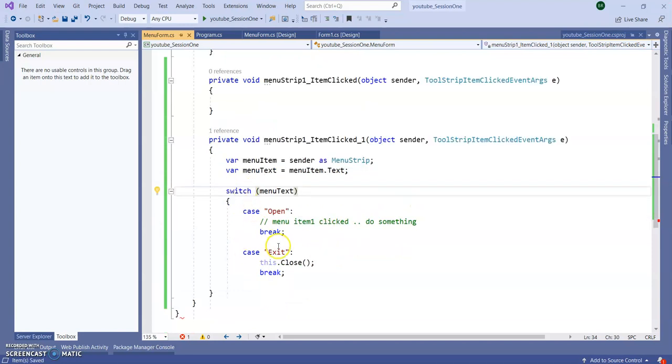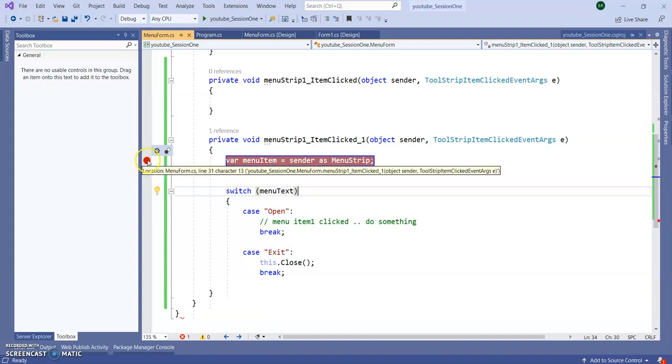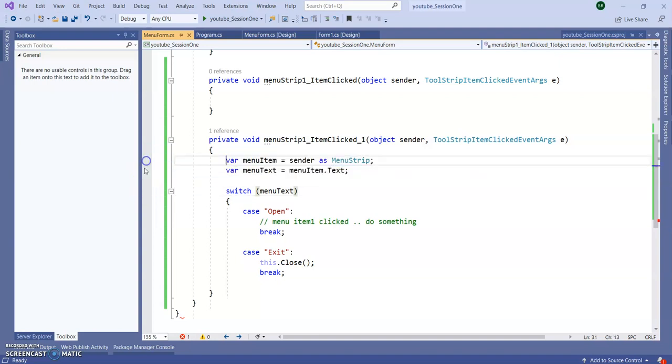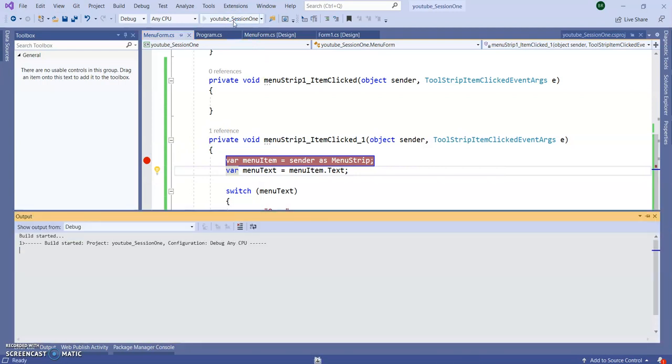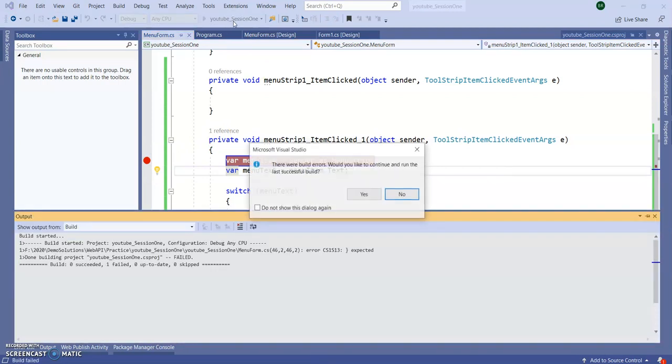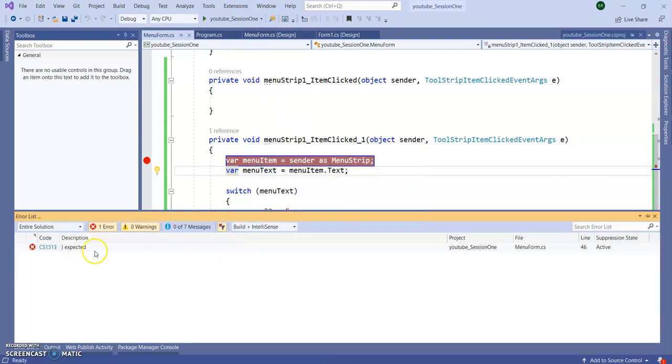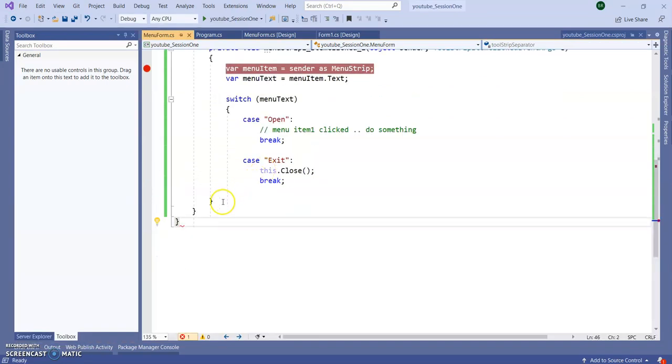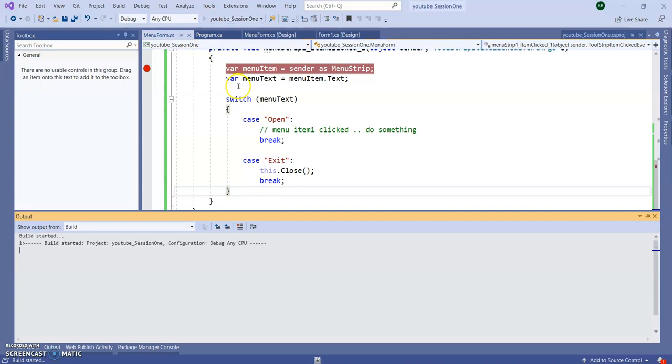So let's see whether it is working or not. First, put a debug point. On this left hand side bar, this gray color bar, you can click and you can get a debug point. Okay, let's see if it's working or not. There is an error, so something is off. I missed the switch ending bracket, and let's see what is coming in the text.